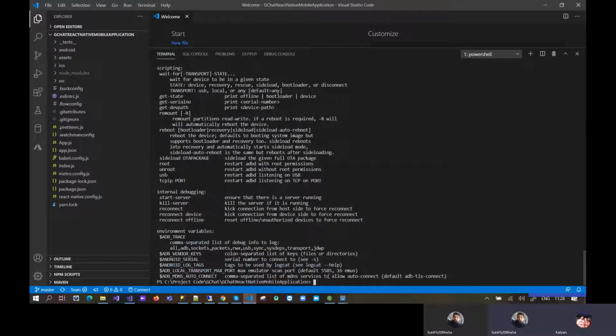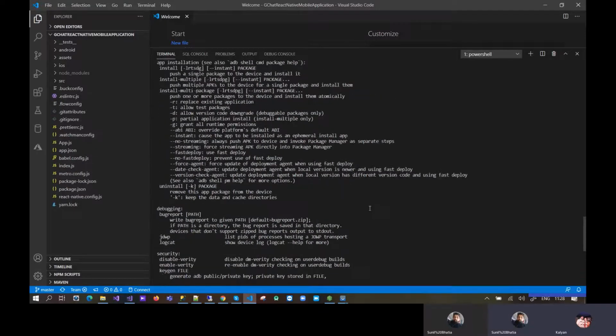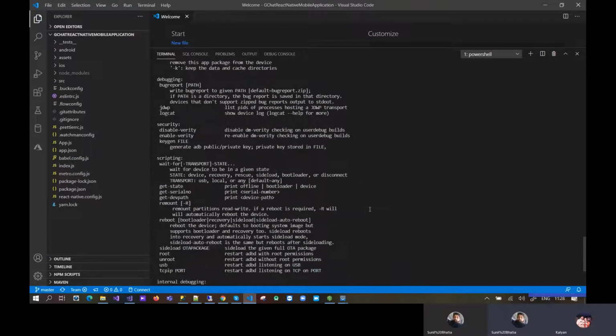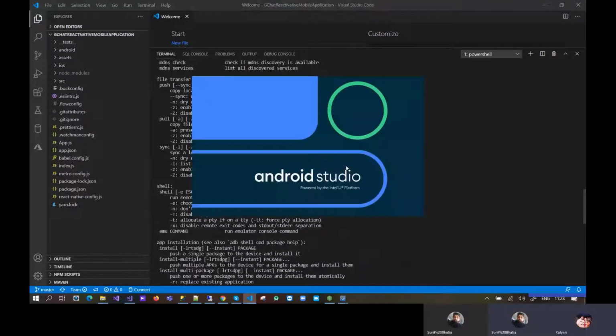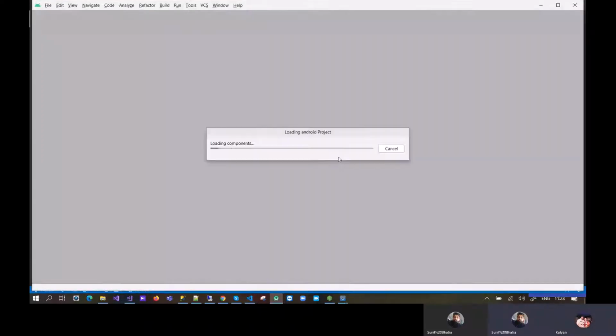ADB is there, but why should it throw an error? Last time you configured ADB. I think you need to open the project in Android Studio. Maybe that is the issue of local properties. Yes, yesterday we had the same thing, right? Because there are some local properties in the Android folder. Expand the Android folder here.